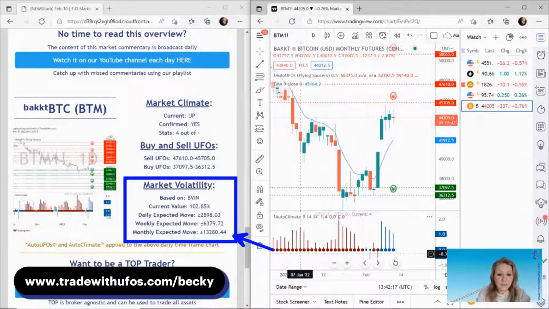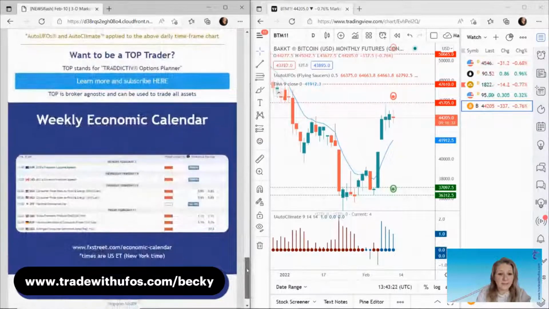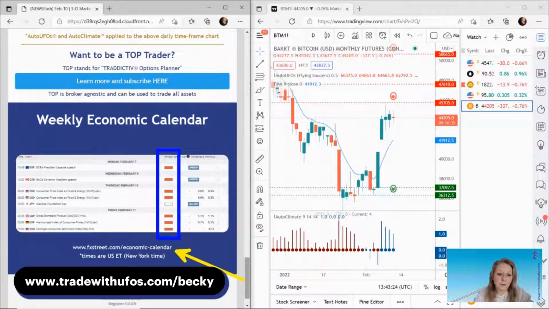Now, the last thing to look at, now that we've looked at all those probabilities, is our weekly economic calendar. Not much going on this week. We get it from fxstreet.com, and we filter by high impact news. The reason we look at this is because we want to know which scheduled news reports might be creating some movement in the markets that we trade. So today being Thursday, we have some news coming out very shortly on US markets and the US dollar. And at 10 a.m. Eastern, it's actually in Japan, it's National Foundation Day. So that might affect the yen or Japanese markets. So if you trade in those countries or trade those markets, be aware of that.